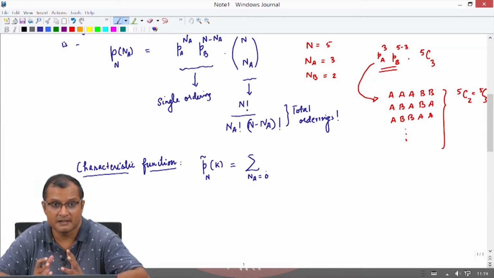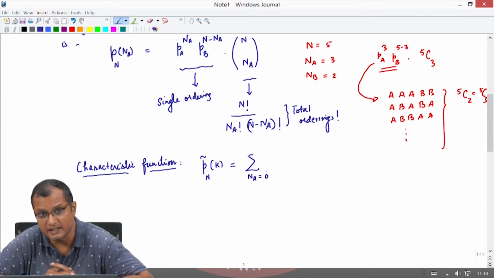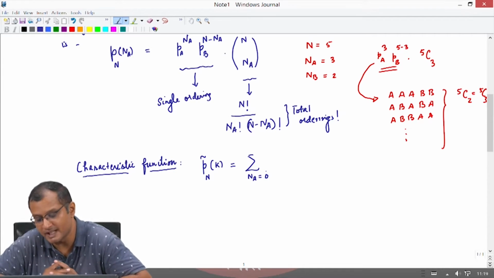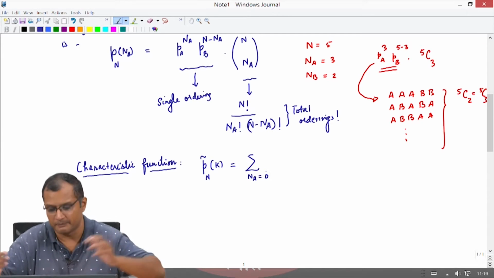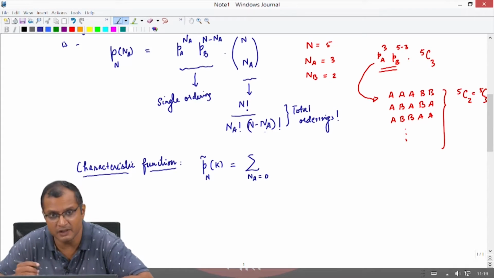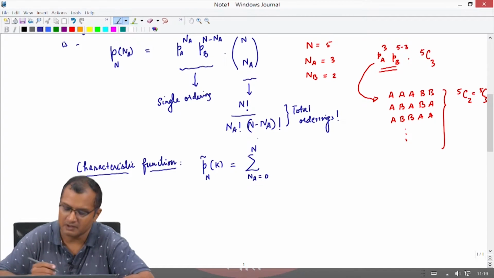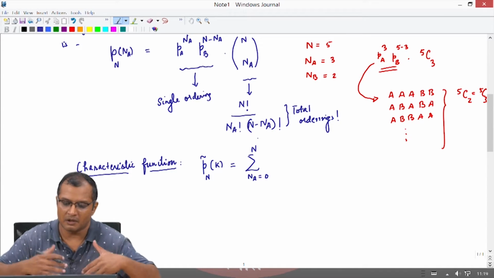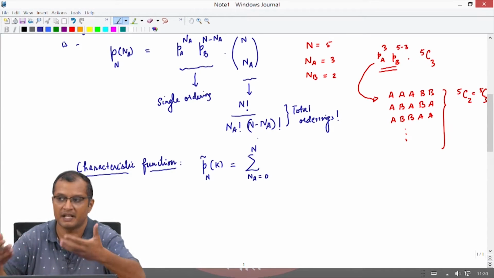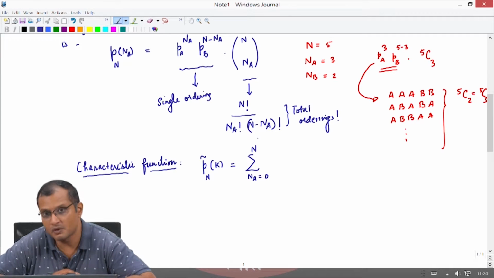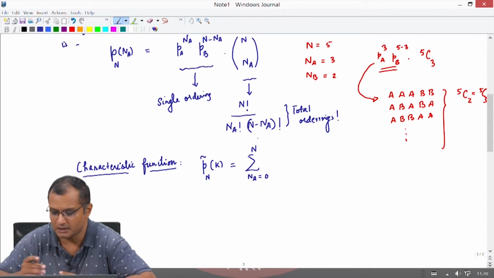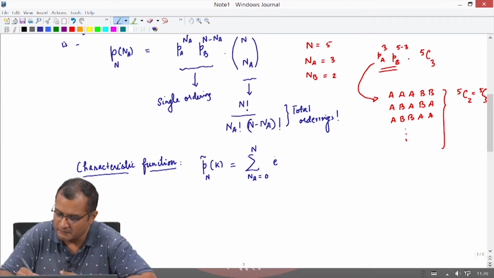You cannot have less than 0. 0 is the minimum value n a can take. So, this would be like saying all outcomes are b, and the maximum value for n a has to be n. This is like saying all outcomes of the n measurements were a. So, n a will go from 0 to n,